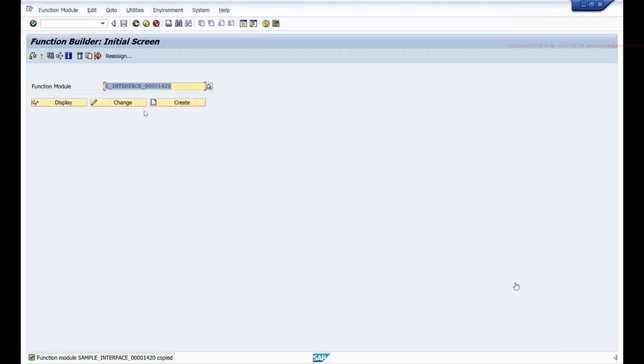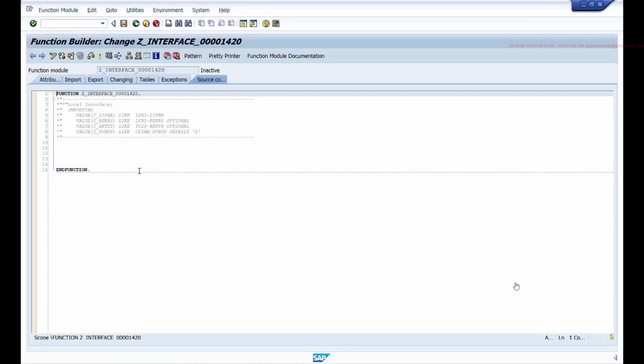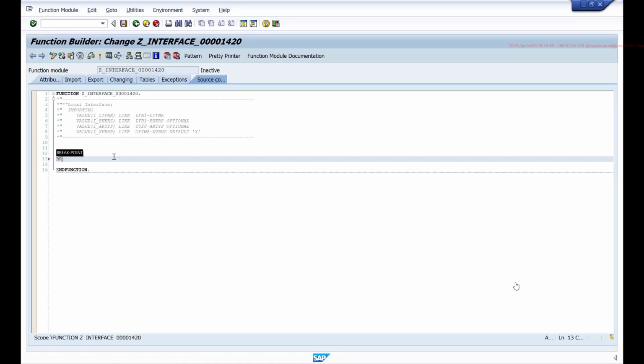Within this you can write your code. For example, I'll keep a breakpoint just to see if this is called. Using these importing parameters, I can update my custom tables or do whatever I want to do, but it will only have importing parameters. Whereas if it is a process interface, then it will also have changing parameters so that you can change the data and send it to the program.